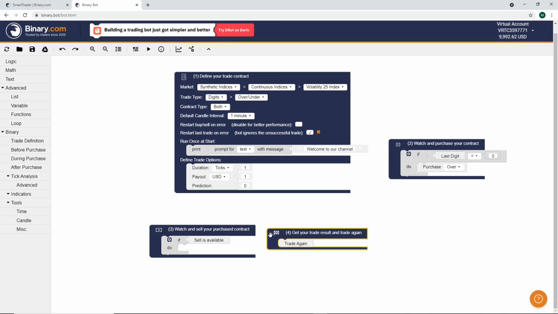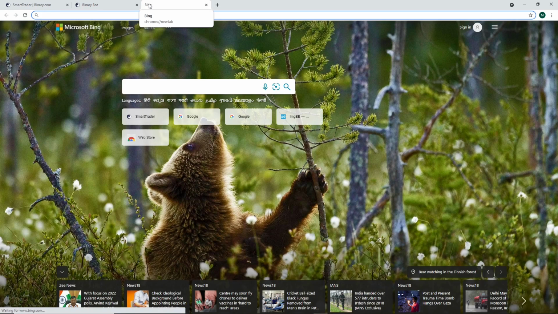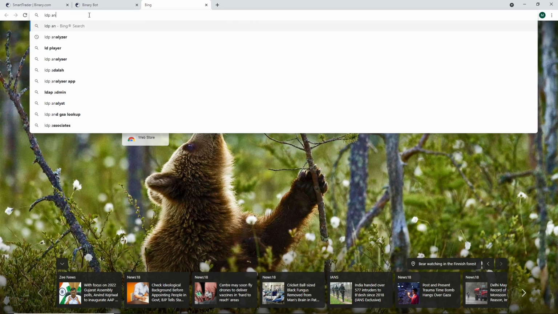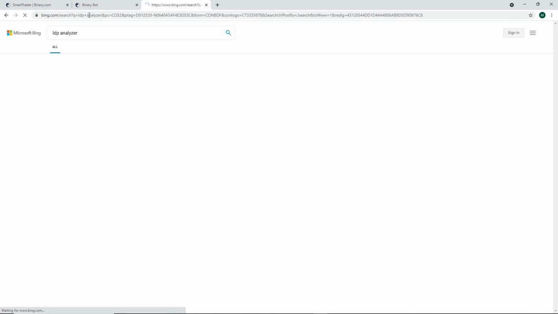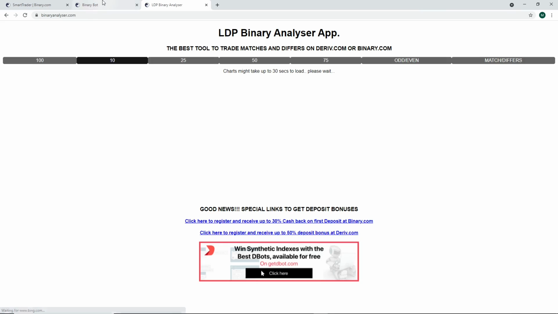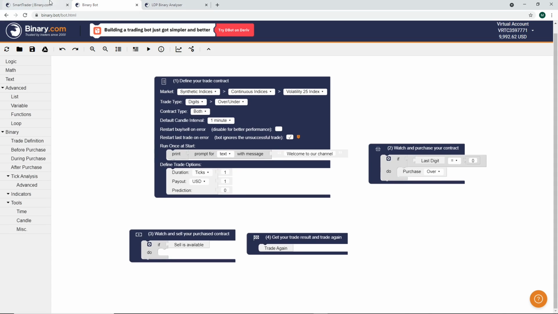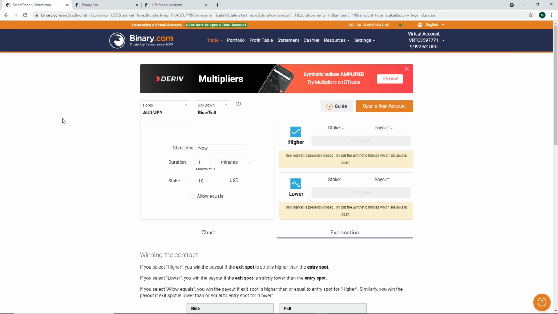Here is a site called the LDP analyzer. I'm choosing the LDP analyzer and we'll discuss it. Here we can see how the market looks on the home page.